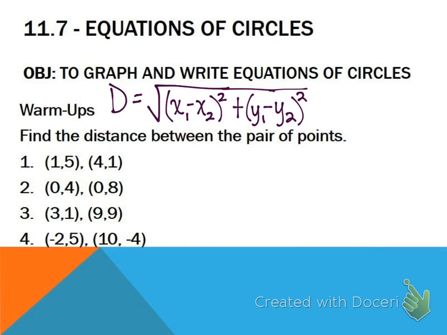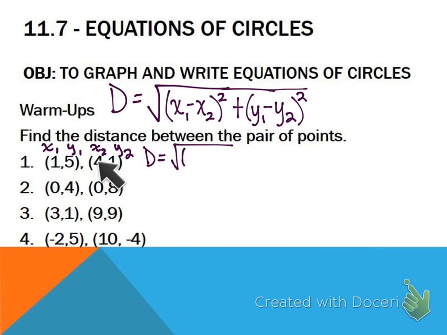All right, let's walk through this first one together. If we are using our distance formula, it might help to label these points as x's and y's. So this 1 in the very front, is that an x or a y? It's an x, so I'll call that x1, which makes the 5 y1. The 4 is my x2. The other one is my y2. So the distance between those points is the square root of,